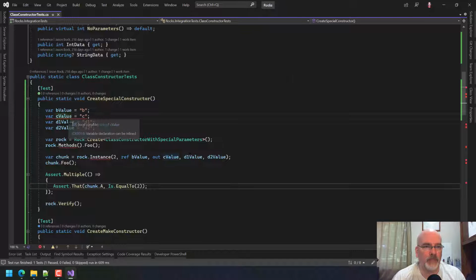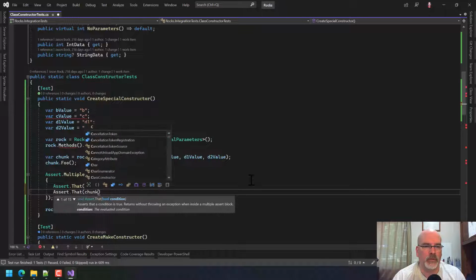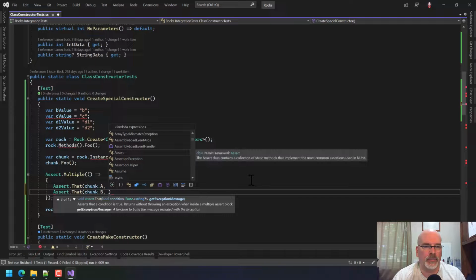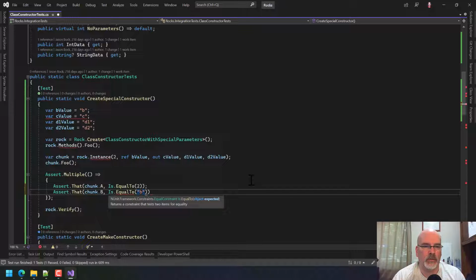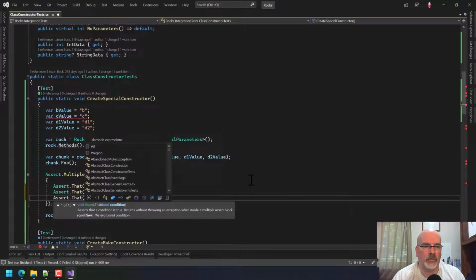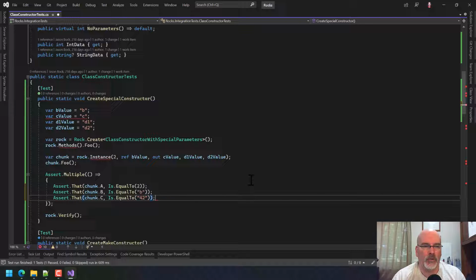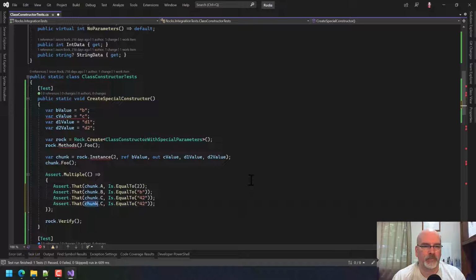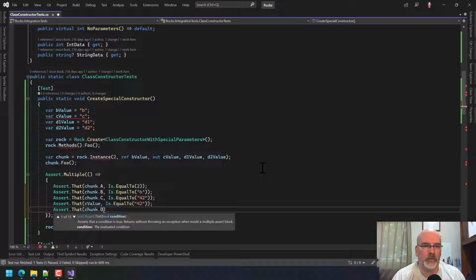And it passed, right? Okay, so now we should be able to say assert that chunk.b is equal to B, assert that chunk.c is equal to 42. We also want to assert that C value, and then assert that chunk.d